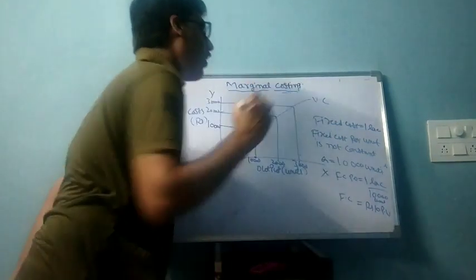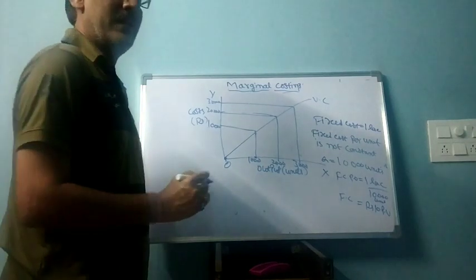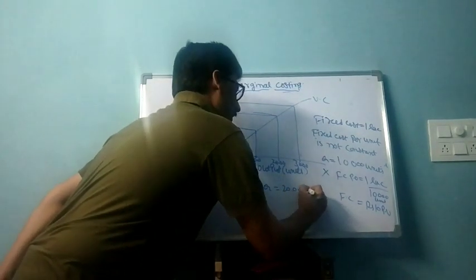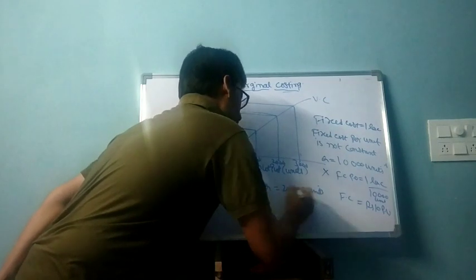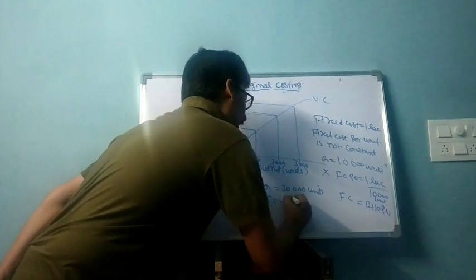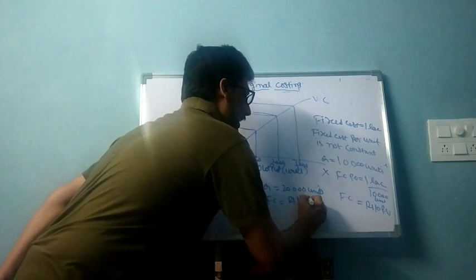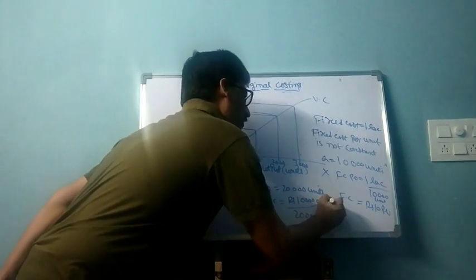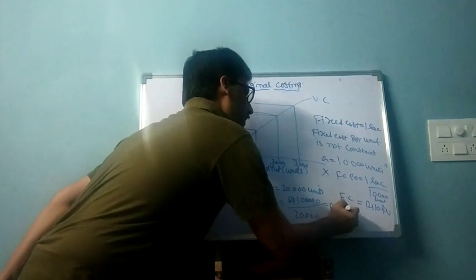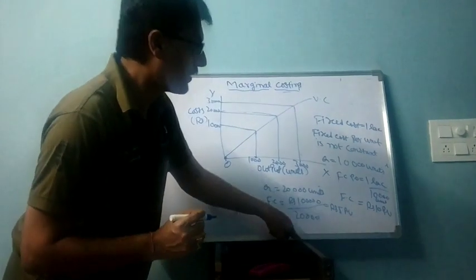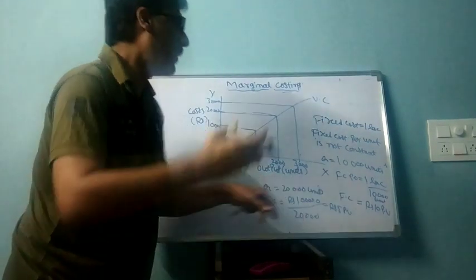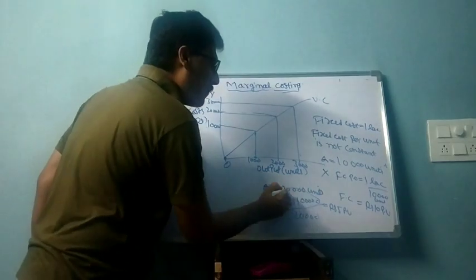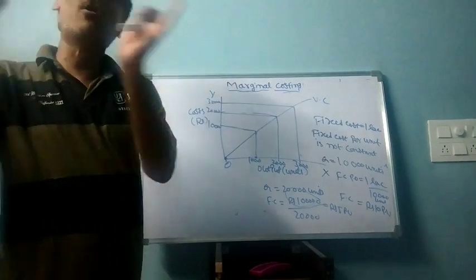Q means how many units you are selling. For example, you produce 20,000 units. So what is the fixed cost per unit now? The amount is the same, 1 lakh only. Divide by 20,000 units. So it works out to how much? 5 rupees per unit. That means if you double the output, the fixed cost per unit comes down to half. What is the reason? Because the same 1 lakh rupees has been distributed over more units.